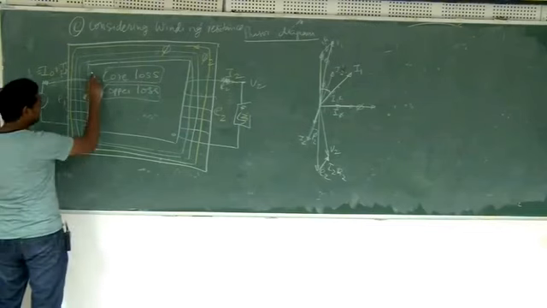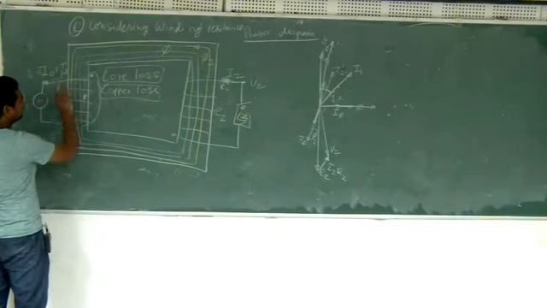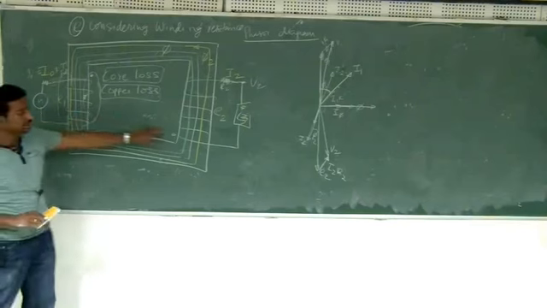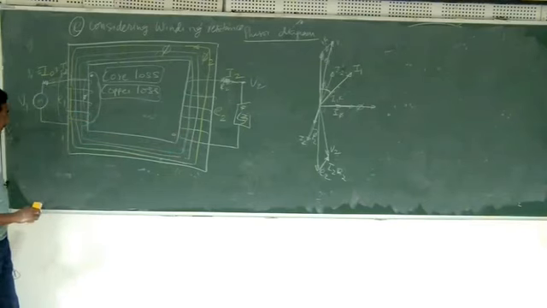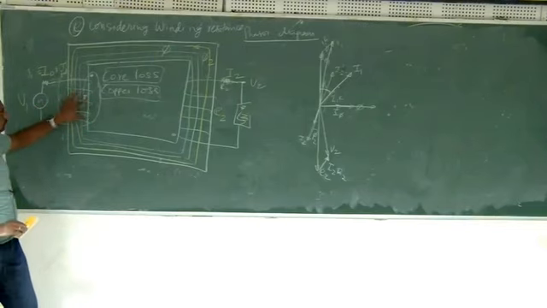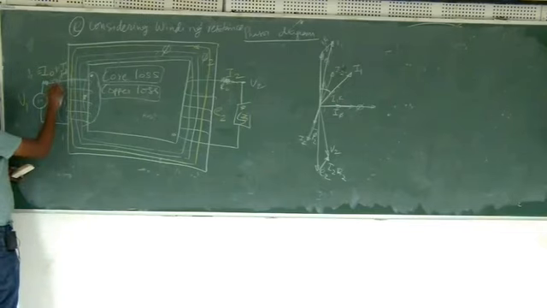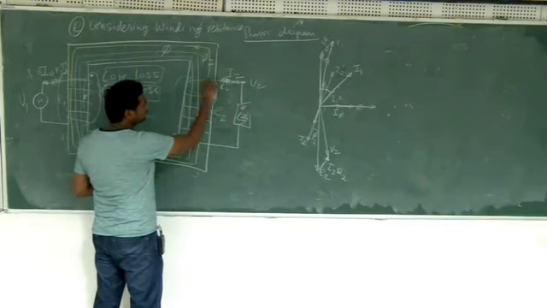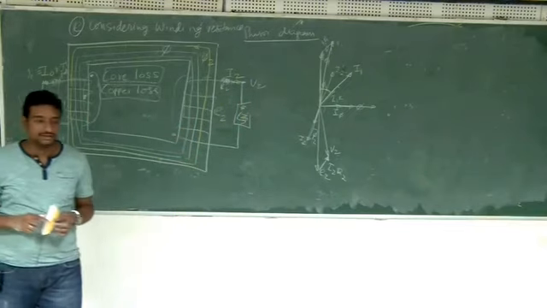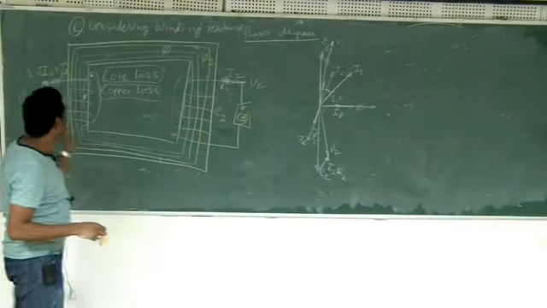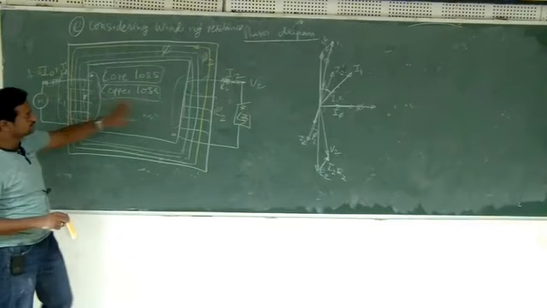So there might be some leakage flux, some flux which is only linking with the first coil. Okay? That means this flux does not induce any EMF on the other side. It has only the self-inductance kind of effect. So to model that one, we put another inductor here, another inductor to model the leakage flux in the secondary. Therefore, taking into account imperfect coupling of two coils, I take the inductance like this.